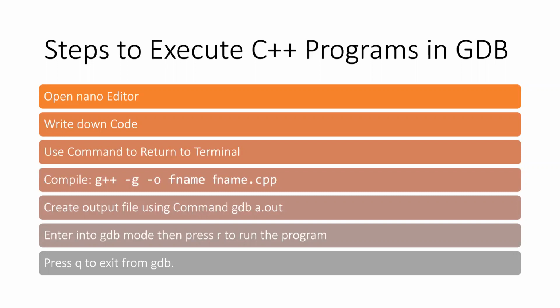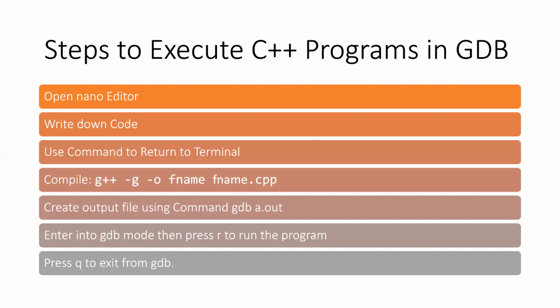Actually, why do you have to remember? Because you want to see the output with the help of the GDB debugging tool. If you don't want to use the GDB debugging tool directly, only the GCC compiler, or want to see the output in the base terminal, then it is not required. But if you want to enter the GDB debugging tool and take advantage of the GDB tool, then you have to compile it with the help of the command written over here.